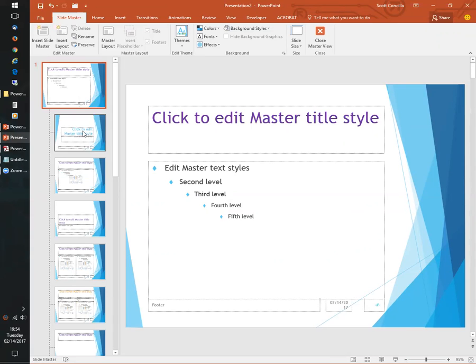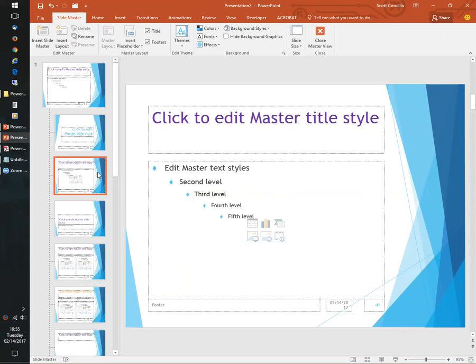If, however, in looking at this list of masters, you just change one of the layout masters, that's only going to change that layout, but it's also only going to affect any slide in your presentation where you happened to have used that layout or use it in the future. The more you can change and do on the layout masters and the slide masters, the better. The less manual, individual formatting you do on slides, the better off you are.